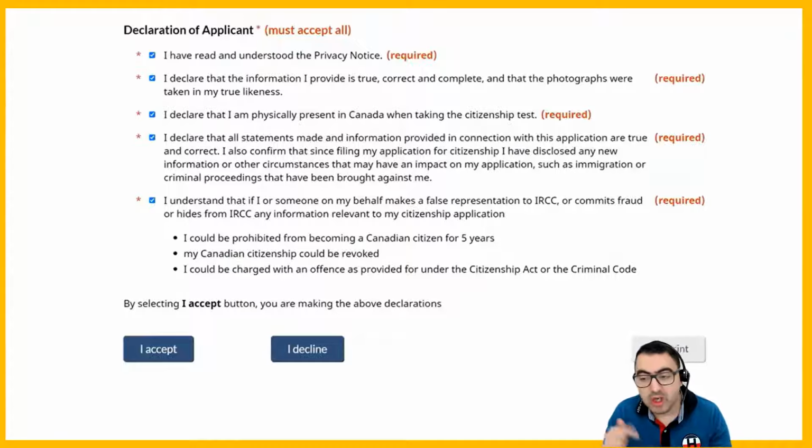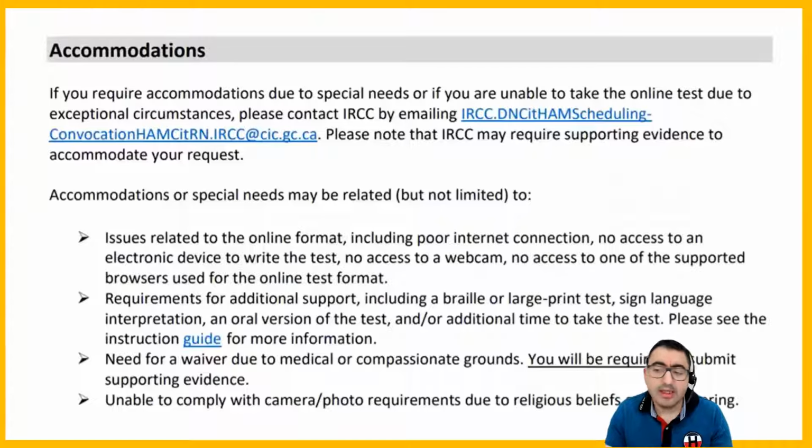You can even be charged with an offense and have to go to court for this as a criminal act, okay? So you just need to make everything true and say accept. If you have any problem, you can do that. If there is any problem in all this information, for example, you are outside of Canada,